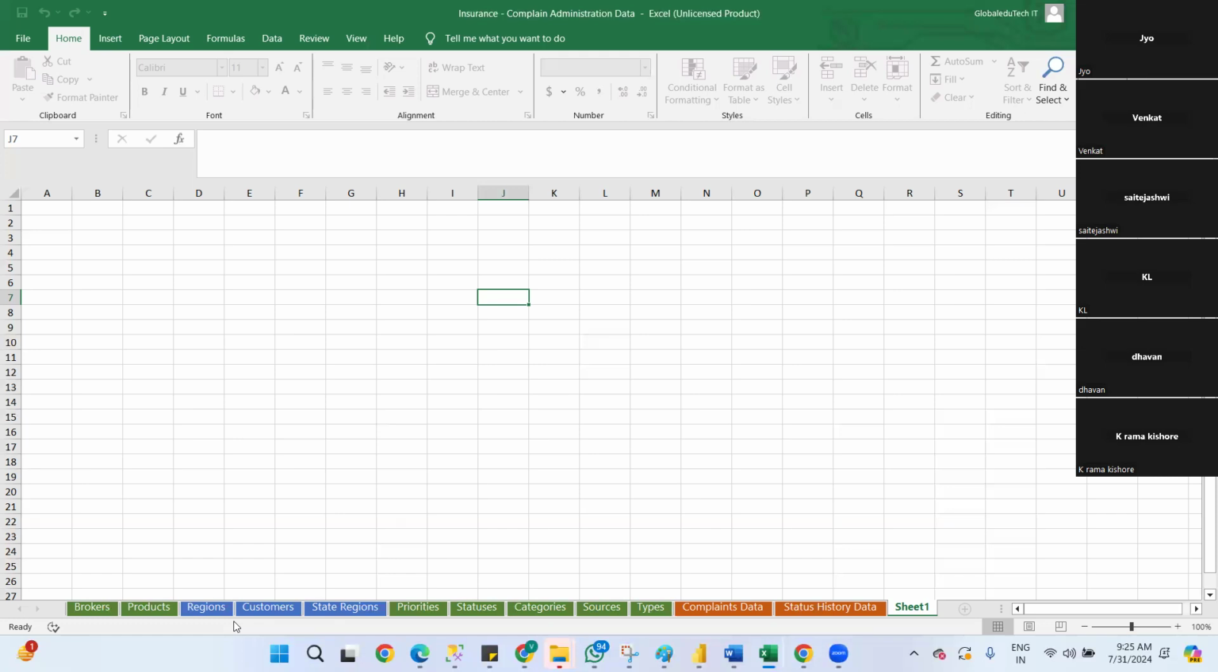We have multiple tables. So when you connect SQL Server in Power BI, how many tables are there? It will show all the tables. Similarly, when you connect, similarly,